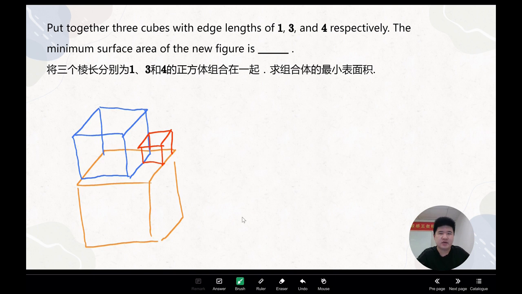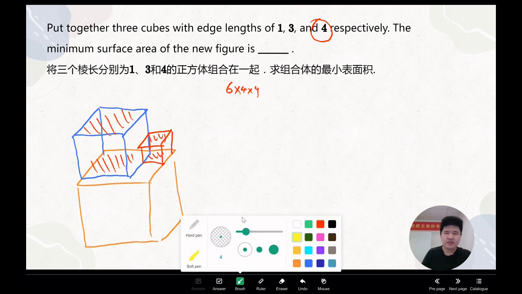我们现在就要看怎么去算这个表面积了。Now if we just focus on the cube with edge length of 4, 我们现在专注于这个棱长为4的正方体。This surface area has decreased by this face and this face. But we can find two equal faces which can fix it, which is this part and this part. So we can just find a complete 6 times 4 times 4. 我们通过这种方式把上面的面移下来，可以得到一个完整的棱长为4的正方体的表面积。